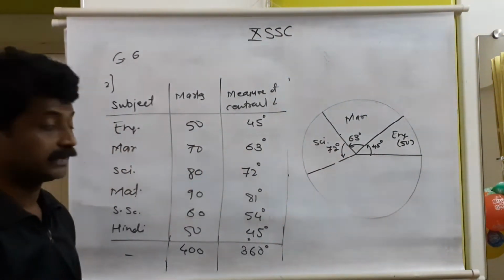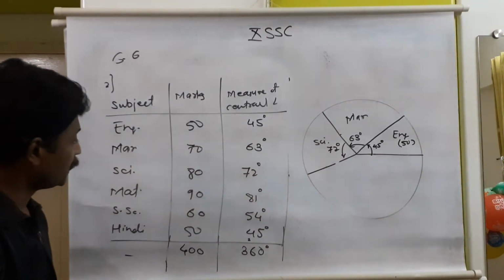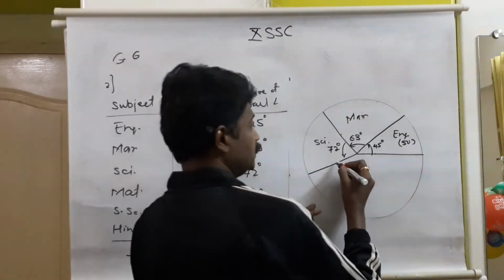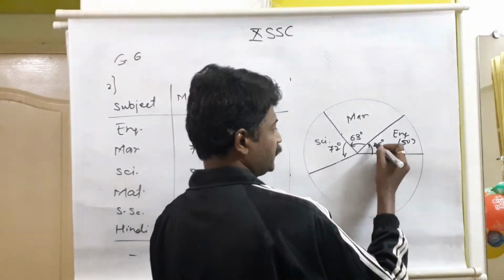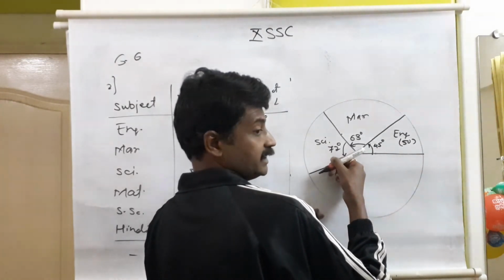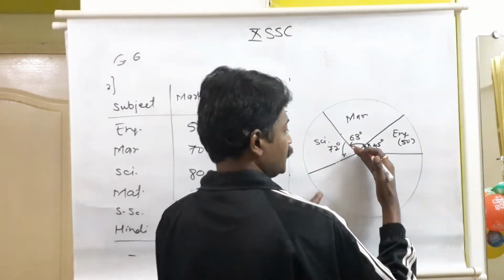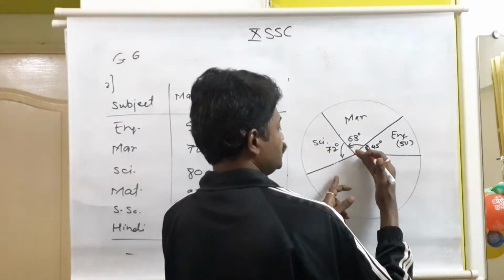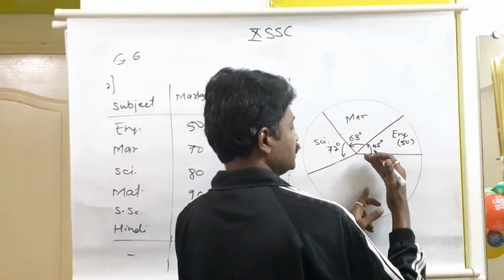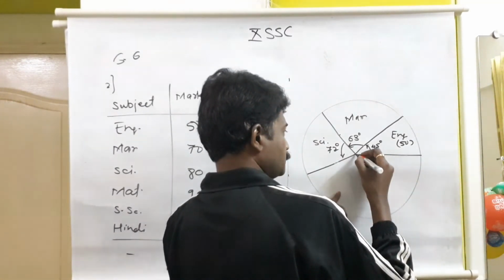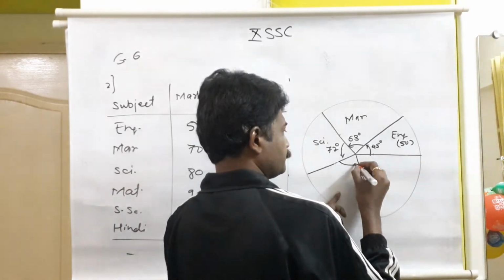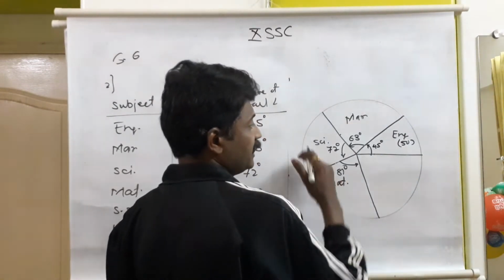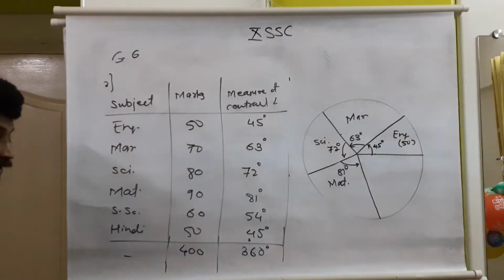Next subject is mathematics. Maximum marks, that is 81 degrees is the central angle. For maths, 81 degrees. So this will be the baseline. D will come here, and the other end of the radius is on this side. From this 0 it will start. If this is the baseline, 90 may be here, so 81 is smaller than 90. 10, 20, 30, 40, 50, 60, 70, 80. After 80, the first small line will give us 81 degrees for mathematics, and this is the biggest angle as compared to any other subject's central angle.